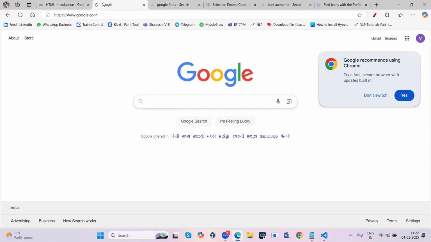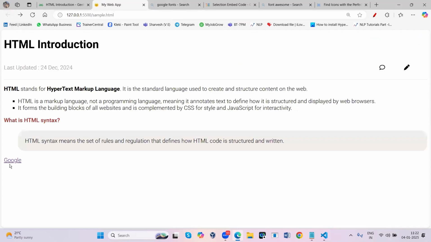So now, if I say I just visited that link, right? Just come back and you can check it. The color of that link is now what color? Purple. So the default color, if you have not visited, is blue. If you have visited, purple. If it is in active state, red.